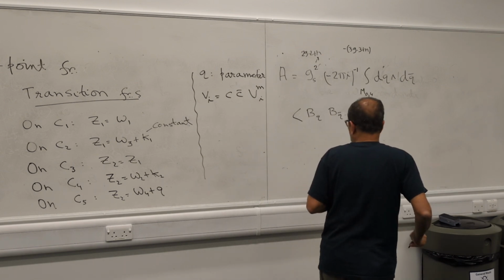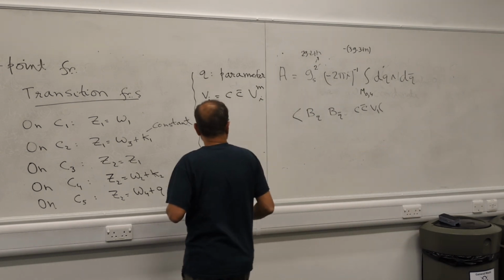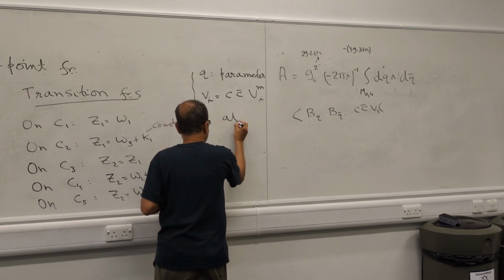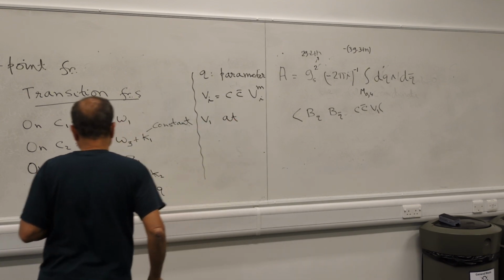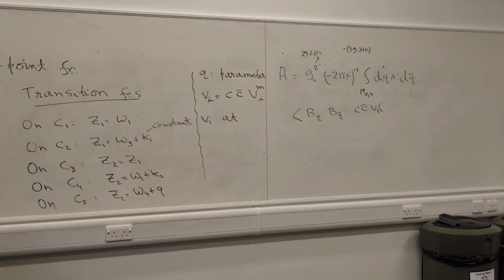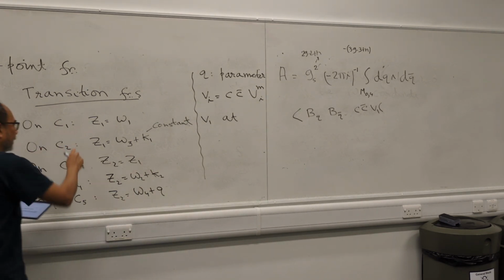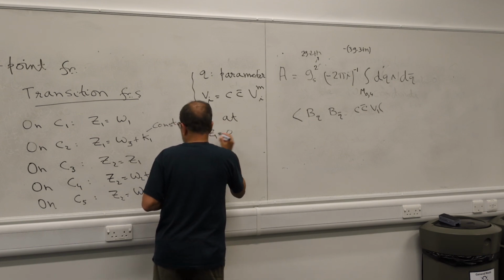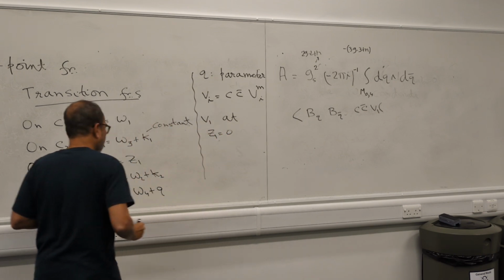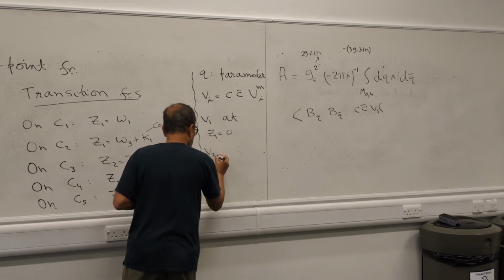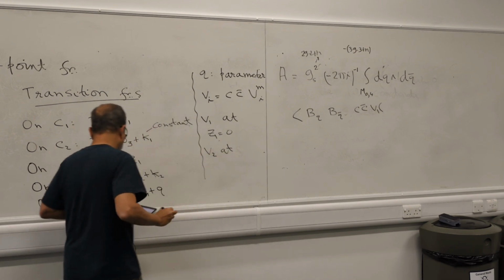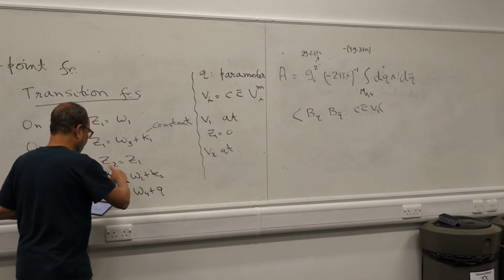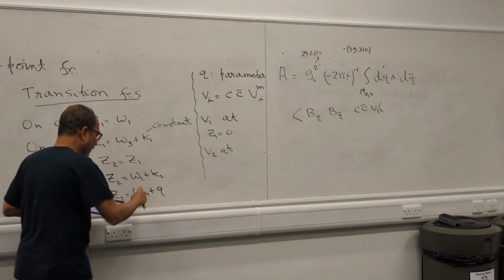Okay. Now we are going to do it in the Z plane. So the positions: V1 at what point in the Z1 plane? On C1 we have taken Z1 equal to W1. So V1 at Z1 equal to 0 because W1 equal to 0. V2 is at Z2 equal to K2, but Z2 is the same as Z1. So V2 at Z1 equal to K2,